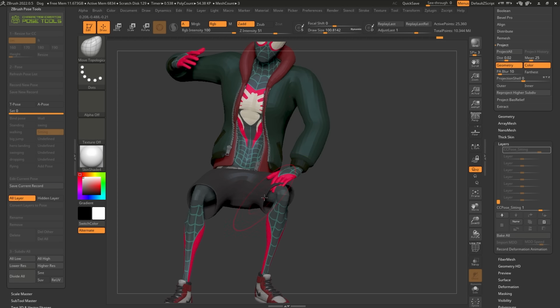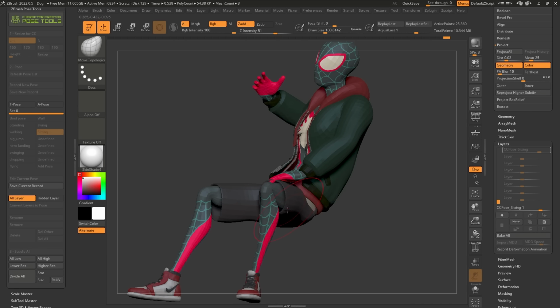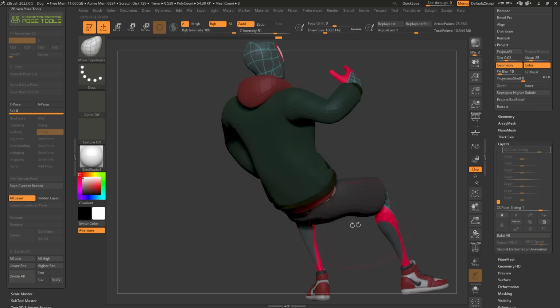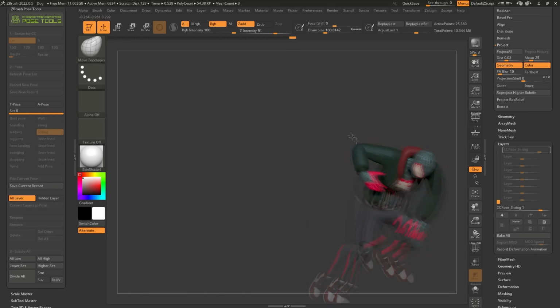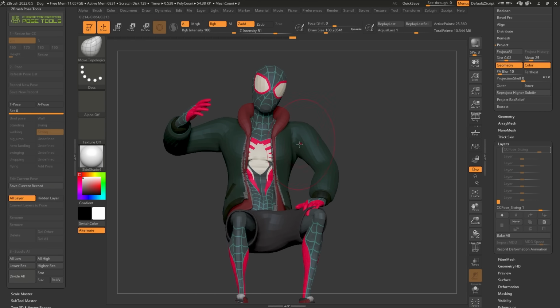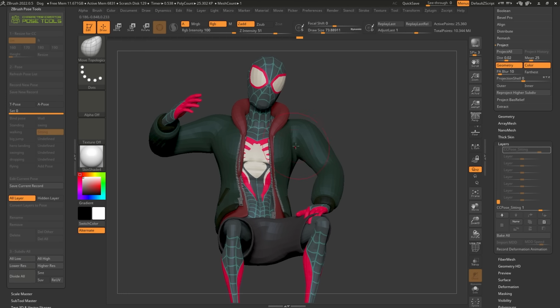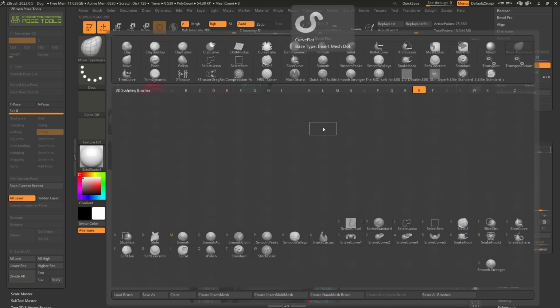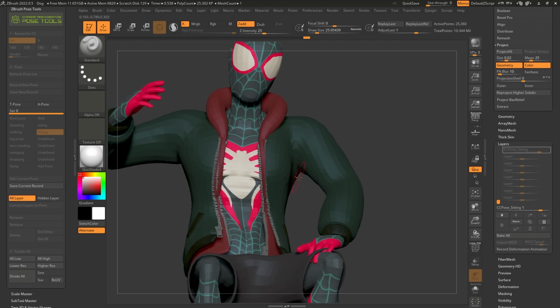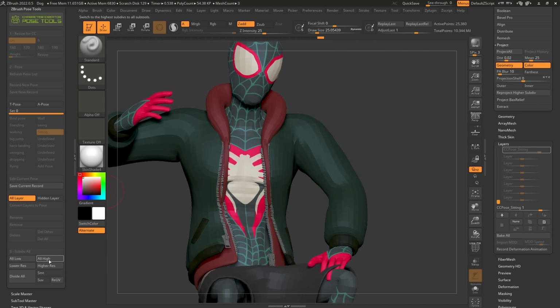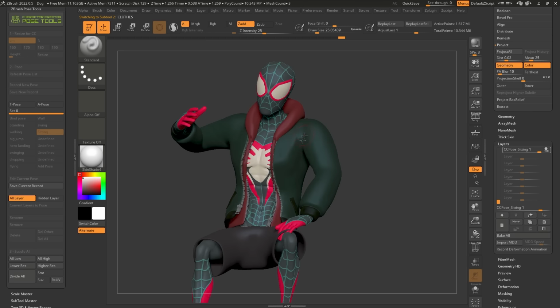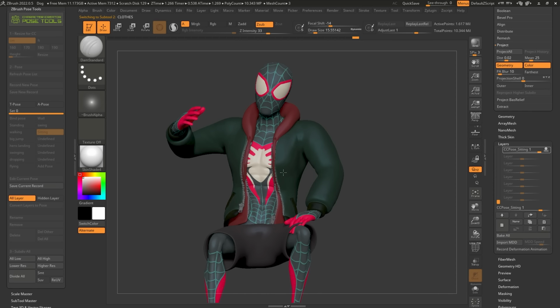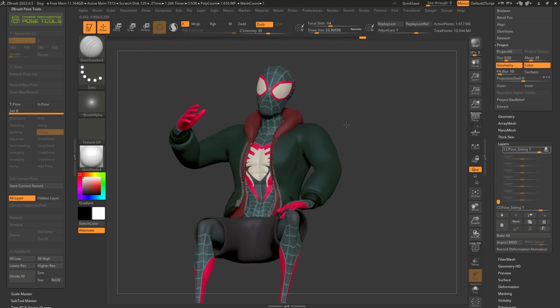I'm not going to fix the hand, just want to show you that you can totally go ahead and do all of this stuff with this plugin. All right, so that's not too bad. Let's go ahead and also push this one here a bit. And like I said, you can use absolutely any brush that you want to sculpt this. So maybe I can just go ahead and use the standard brush just to add some wrinkles here. Actually, let's go ahead and go to high so we can literally sculpt this like so. Maybe with the Dam Standard brush to create some sharper lines around there.